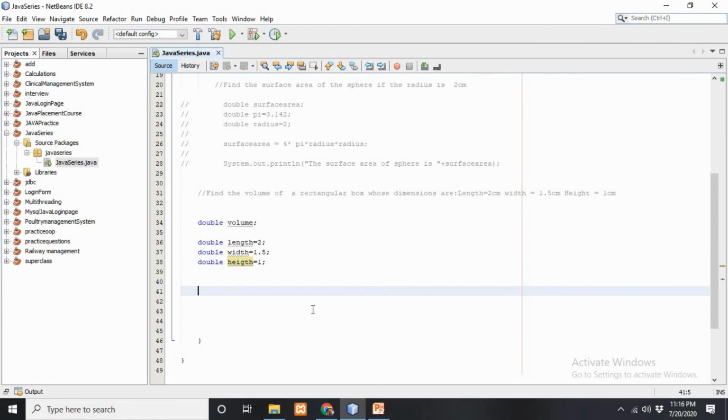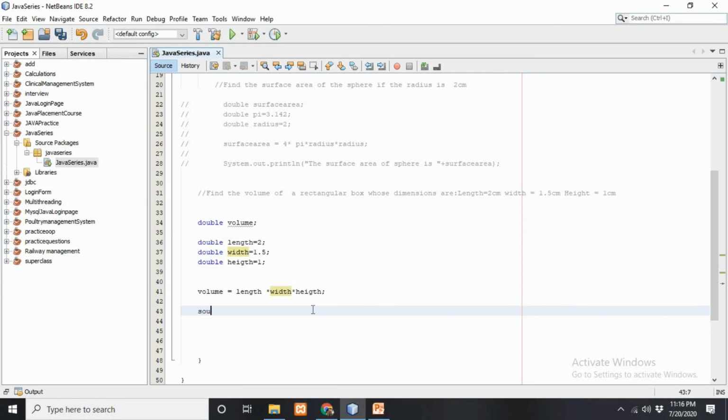The time is to create the formula, and the formula of the volume of a rectangle is length multiplied by breadth multiplied by height. Sorry, this is not breadth, this is width. My mistake. Width. Okay, so the formula has been created.